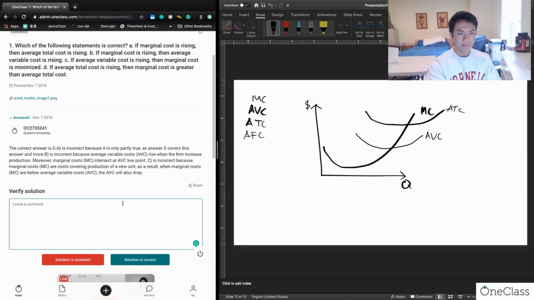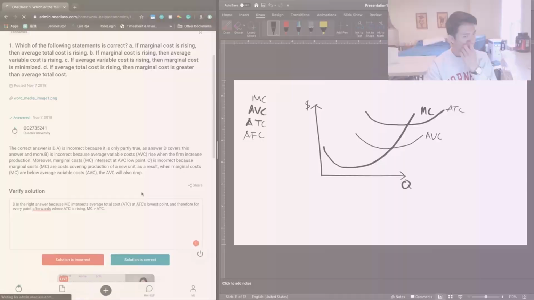And so we see here that D is the right answer because marginal cost intersects average total cost at ATC's lowest point, and therefore for every point afterwards where ATC is rising, marginal cost is greater than ATC. So that's going to